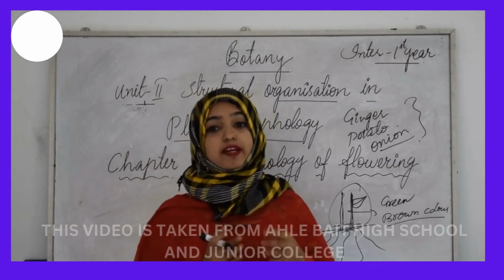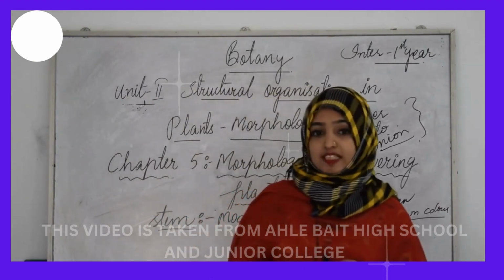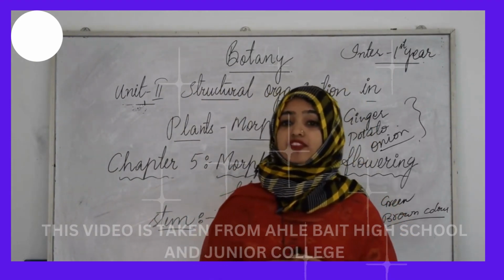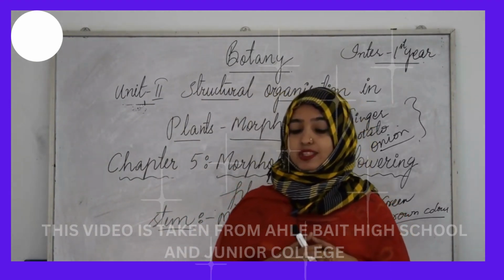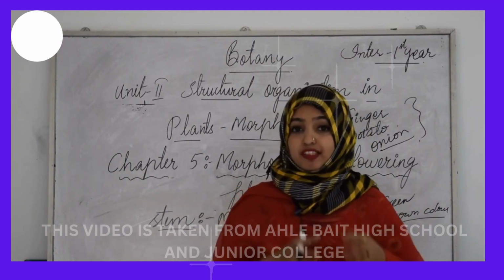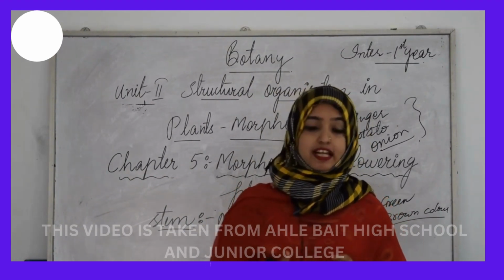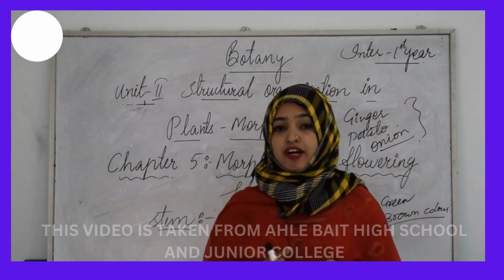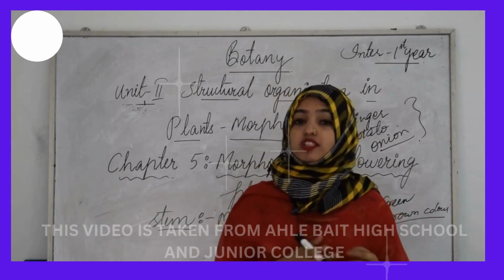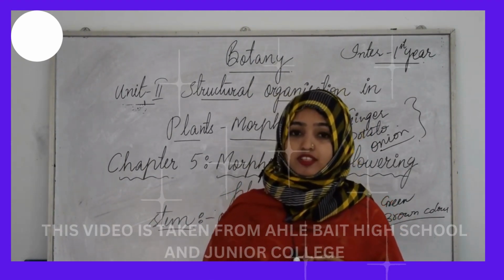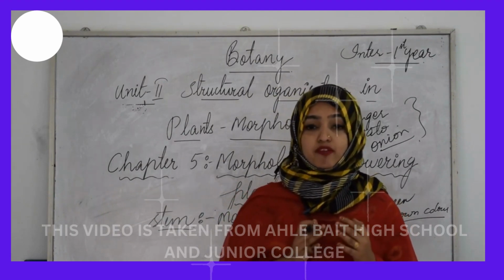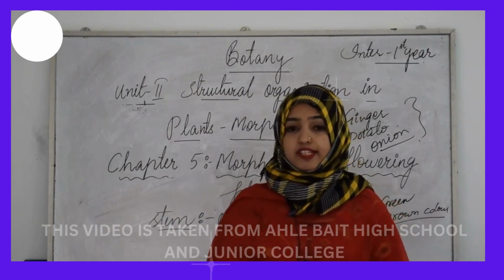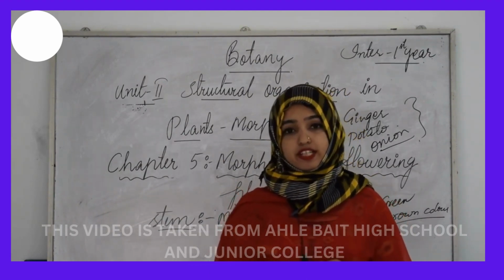Then thorns are found in many plants such as citrus and bougainvillea species, and they protect the plant from grazing animals. Why are these thorns present? To protect the plant body from grazing animals. That is a common fact: if a plant has thorns or spines on the surface of its body, then no animal will go towards it. So it is the best way of protecting itself.